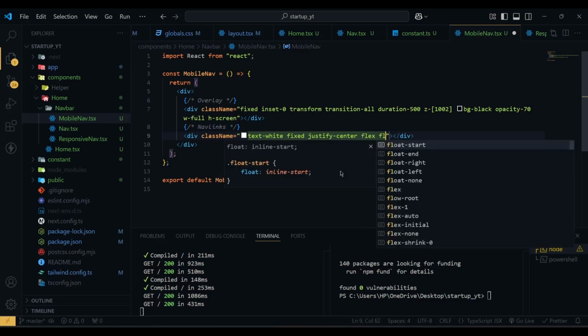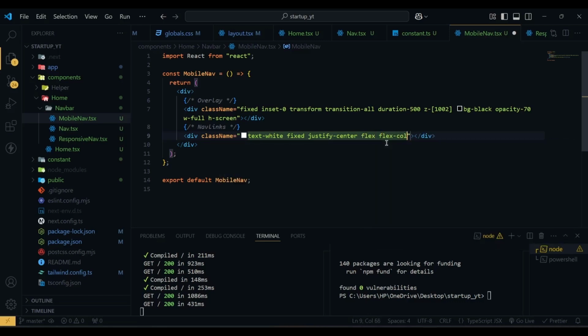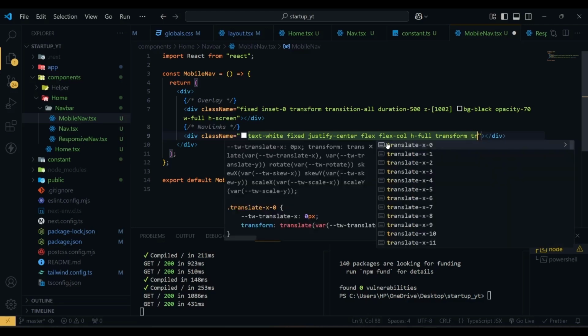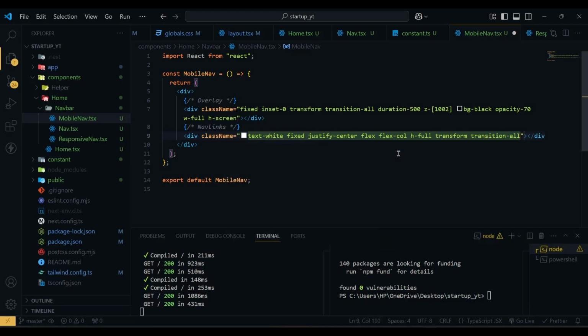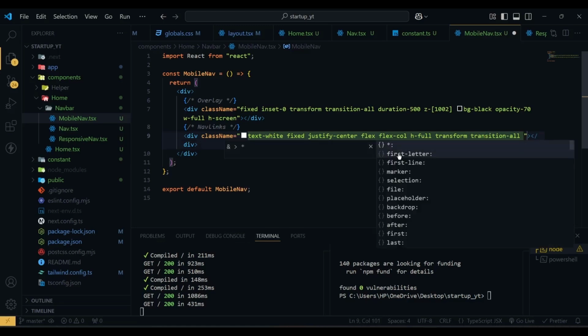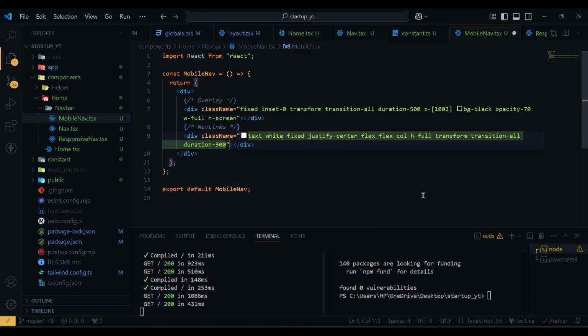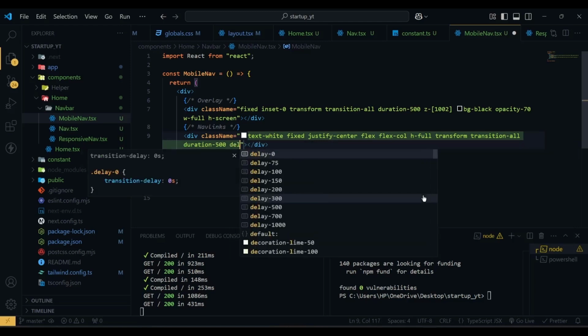This one will be flex. Flex will be in the column direction. Height will be full. We're going to use transform. Transition will be all because we are also going to animate this. Then the duration will be 500 millisecond, and we are going to add a delay of